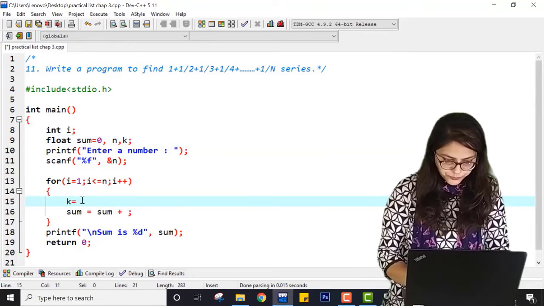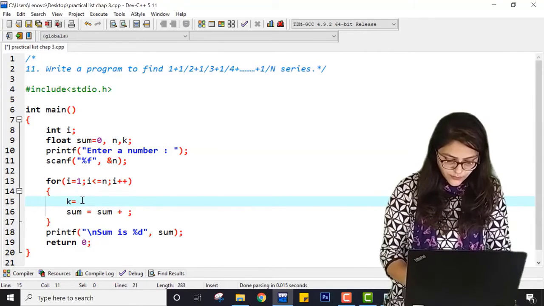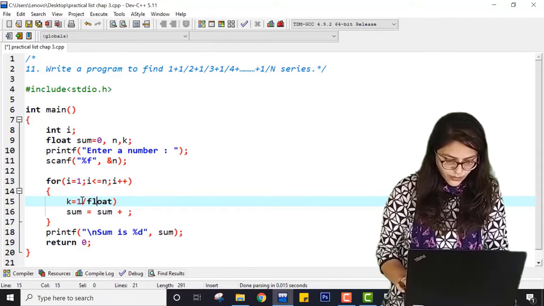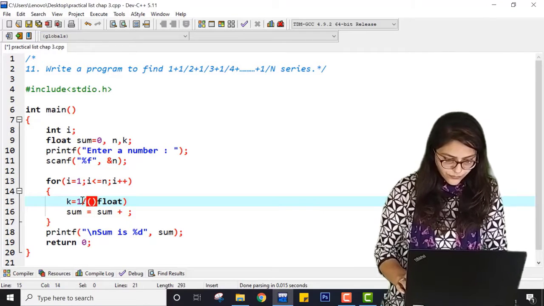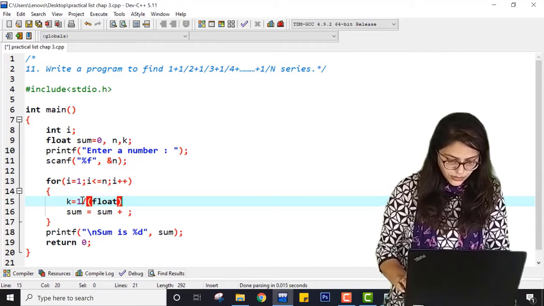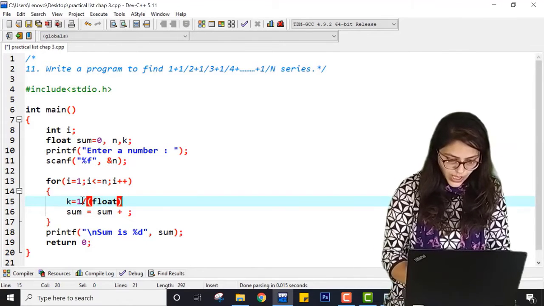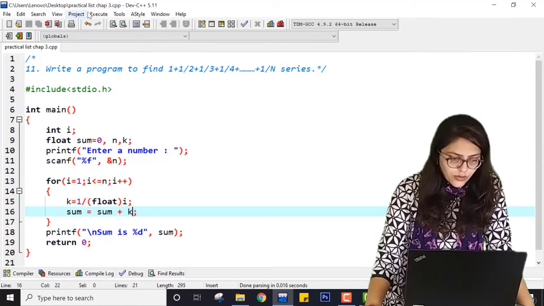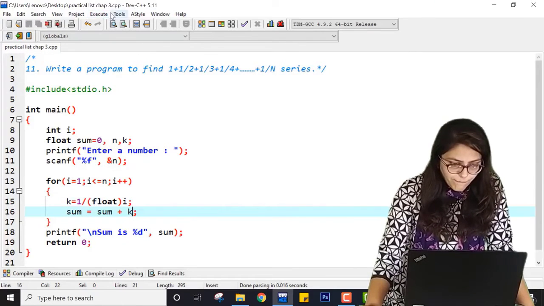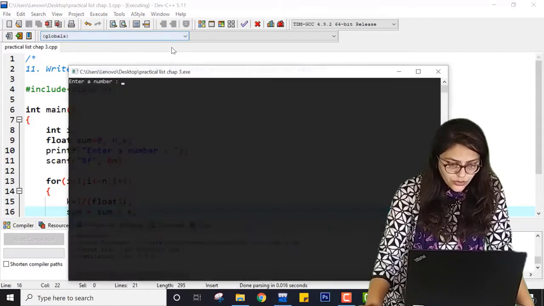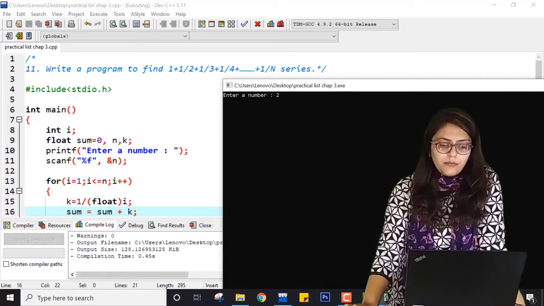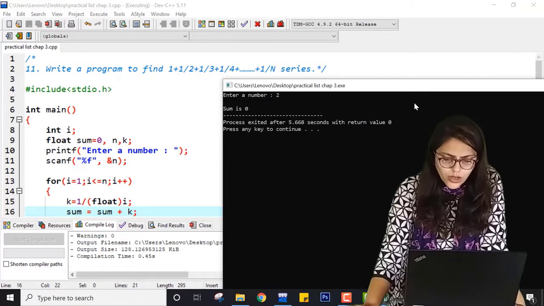k is float, k equal to 1 divided by float into i, and here I am adding k. If I compile this program and run it for 2, the answer is 0.